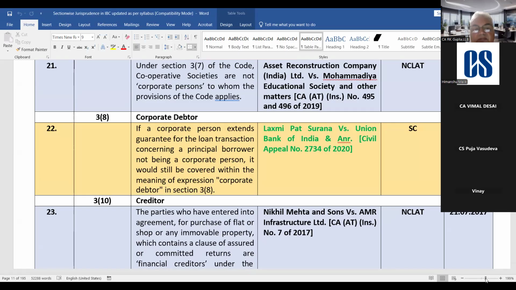If a corporate person extends a guarantee for the loan being taken by a non-corporate person, it would still be covered within the meaning of the expression corporate debtor. तो वो भी corporate debtor के अंदर आ जाएगा, ठीक है। क्योंकि क्या हो गया, हमने क्या किया कि वो personal guarantors और corporate debtors पर भी applicable कर दी ना provisions, तो वो corporate person के अंदर कवर हो जाएगा, corporate debtor में कवर हो जाएगा, ठीक है। जिसने लोन लिया वो non-corporate person है और जिसने गारंटी दी वो corporate person, ठीक है, तो वो corporate debtor में कवर हो जाएगा।